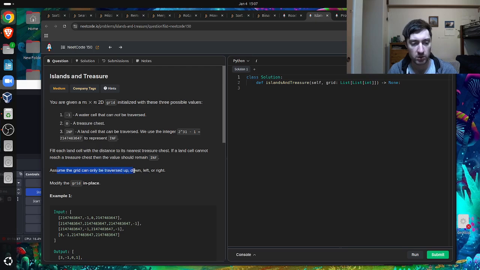Assume the grid can only be traversed up, okay, so this one right here, I just find a treasure chest and then do a breadth first or depth first search, it doesn't matter, recursion back through each of the items. Like if I find land, I go and I change this one. Okay, so what I'm thinking is I have